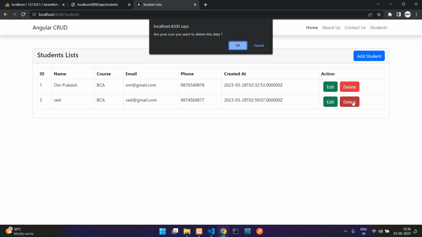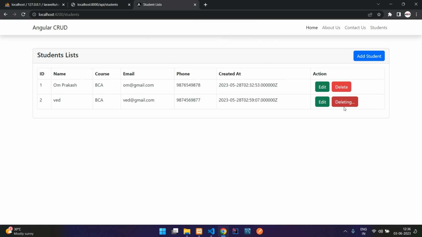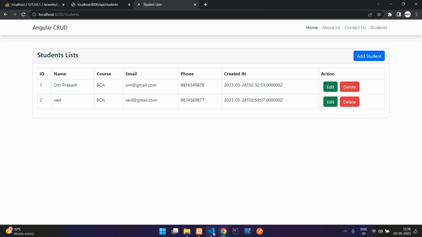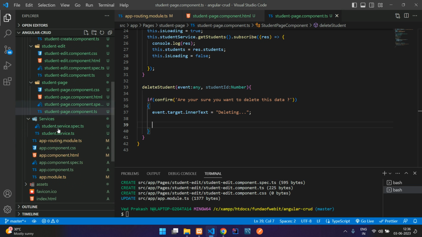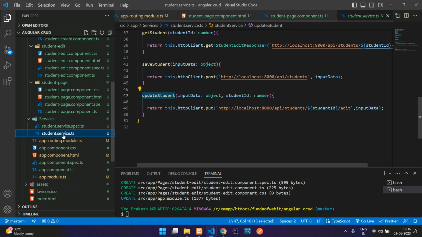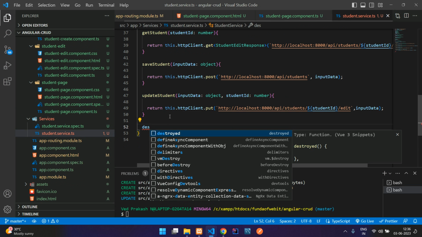Refresh, click on delete, are you sure? Okay, here you see it's deleting. Okay, now you can get back again. Now guys, let us write the code to delete the student. So first I'm going to my service. There we will create a function like destroy student function